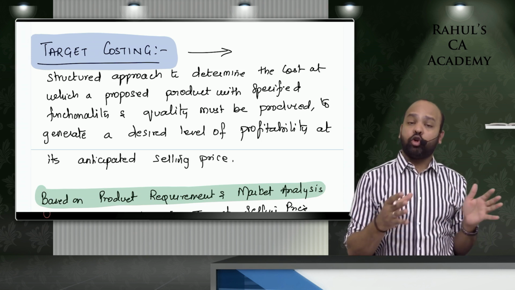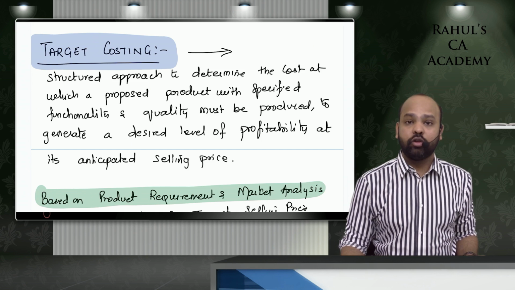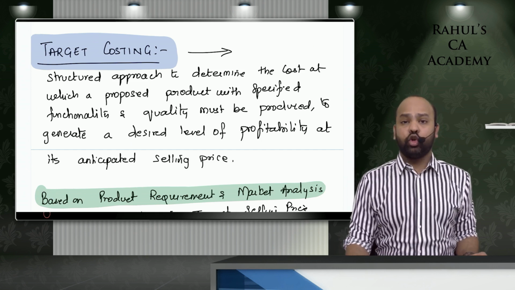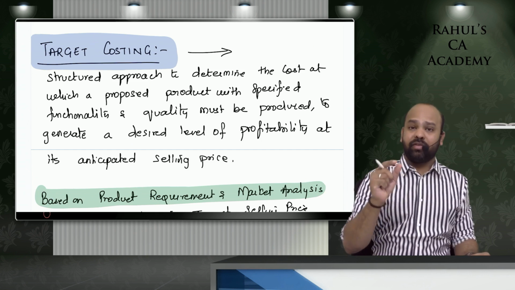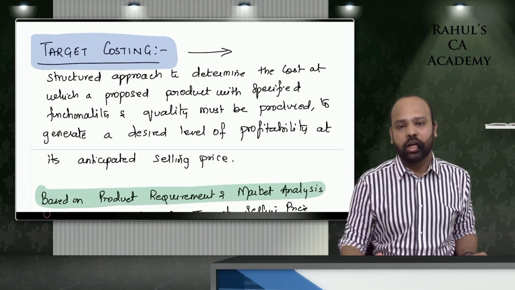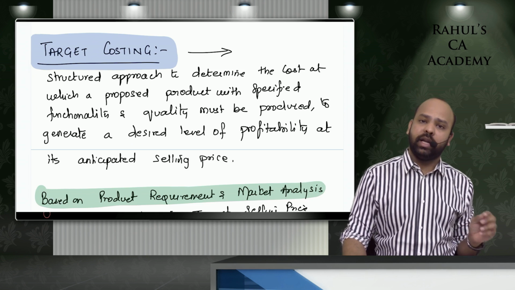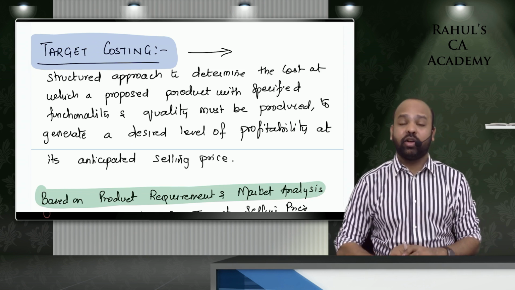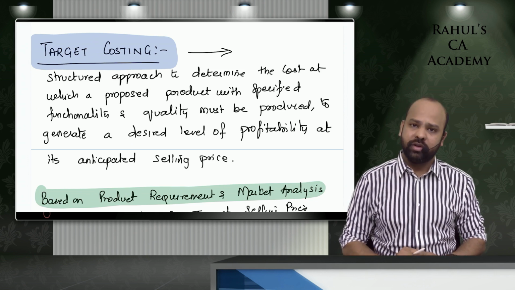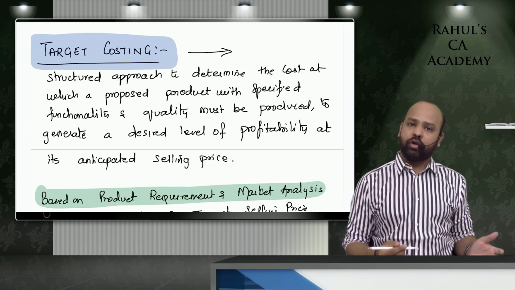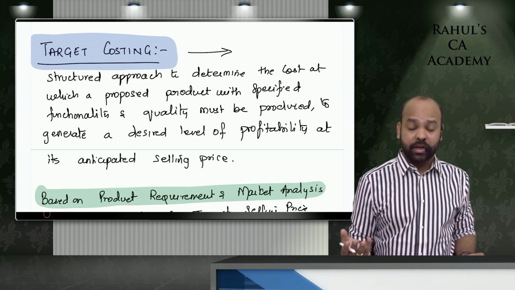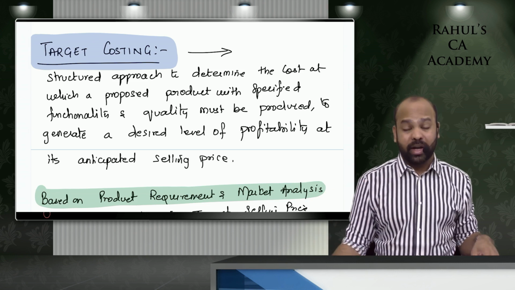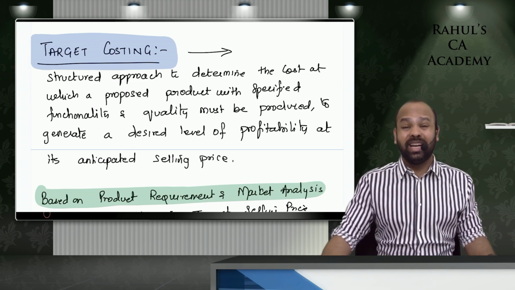Either there are already competitors in place in the market, or, even if there is no competition, the consumers will not want to pay more than a particular price for the value that you are delivering to the end consumer. So target costing is all about determining the likely price at which you will be able to sell your product first. Now, if the product has too much competition, that would be your competitor's price or a little below your competitor's price. Otherwise, you will have to price your product based on the value that is being delivered to the customer.